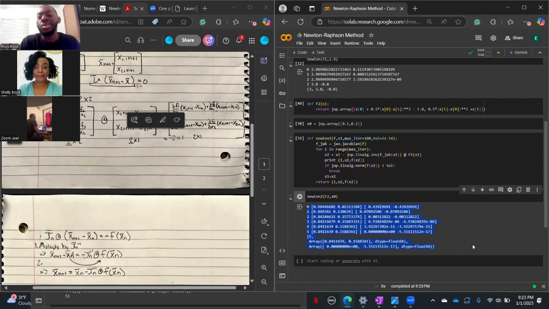We get our answer. So what you see here for the Newtons, for our root solver for Newtons two, for our nonlinear multi-function system, you see that we have two brackets, two columns. One for the first function, one for the second function, and they're just based on our initial guesses. As you see, they both take around six iterations. So the root solver ran six times for them to find their